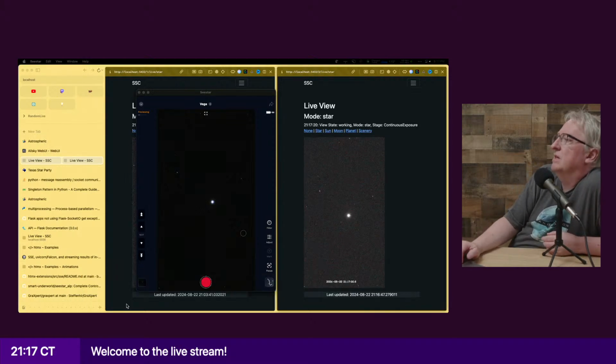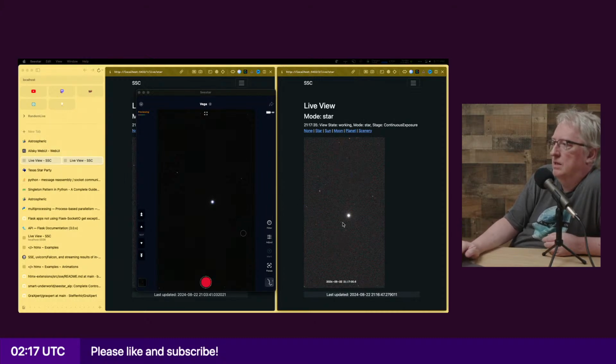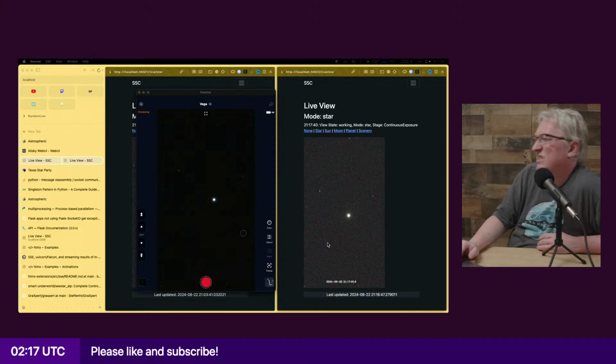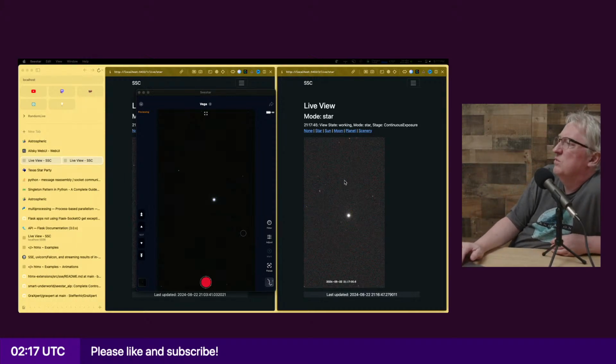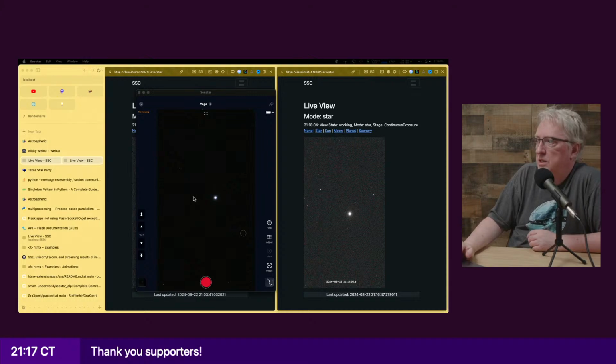Oh yeah, see, so this is a side by side. These are both live views with the same telescope, and this is taking the incoming frame. It's noisier, but you can definitely see fainter stars more easily on the right side one. You can also see hot pixels a little bit better too, but like this star is definitely more visible. I mean, you can see it over here, but it's definitely more visible. And it really starts looking cool when you start imaging things.